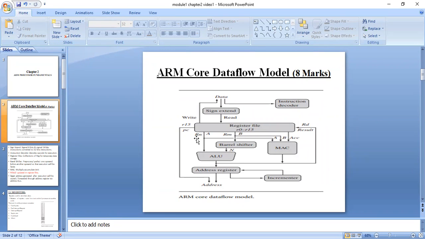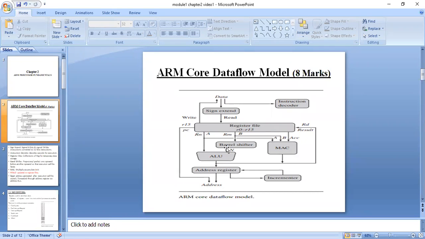Among R0 to R15, any two registers are selected, not all. Which are selected here? Rn and Rm. So you can replace that with 1, 2, 3, 4, 5, 8, 11, like that. But there is a limitation. We cannot go beyond 12. Why? I will explain a little later. So among the 16 registers, we can use any two. For the numbers 5 and minus 2, I have used R0 and R1.